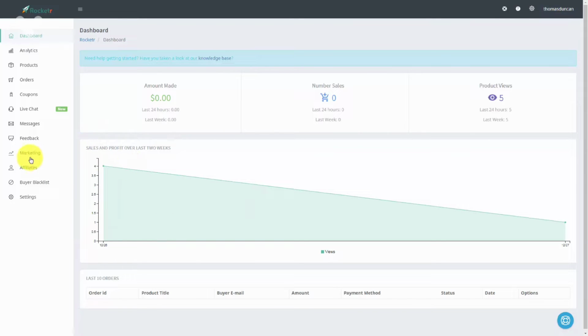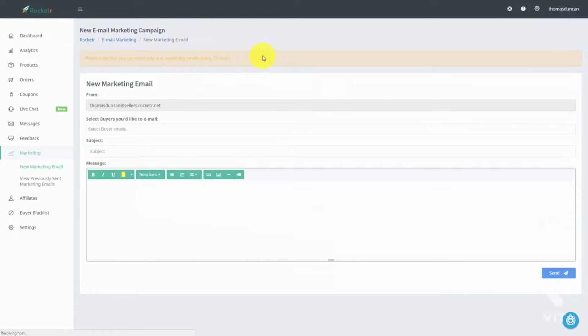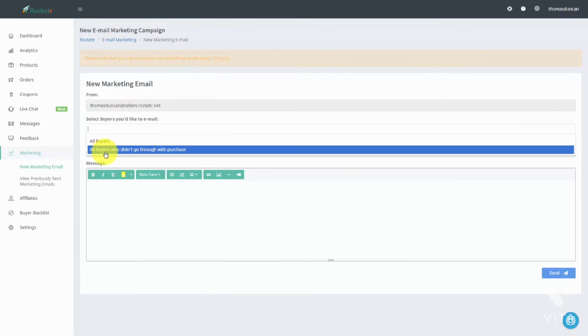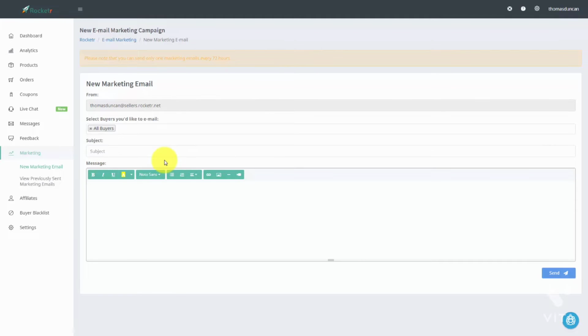So in order to do that, we are going to go to this marketing link. And then we're going to click this link that says New Marketing Email. When we do that, we're actually going to come to a specific page, and we can select the buyers that we'd like to email. For example, we can determine that we want to email all buyers or all buyers that did not go through with the purchase. We can write in a subject for our email,